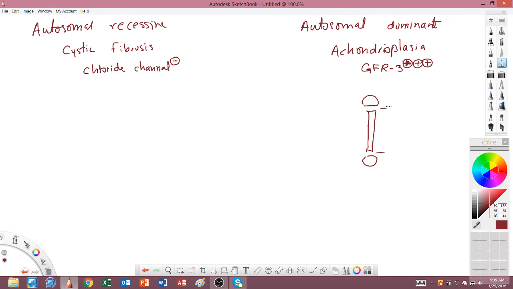So there's a receptor found there. Growth factor receptor 3 is primarily found where? In growth plates. There are a lot of growth factor receptors, so this is one unique one. Number 3 is found in growth plates. So if growth keeps occurring very slowly in these plates, that means this will grow this way and this will grow this way, then there's no fusion. A person can grow very tall.